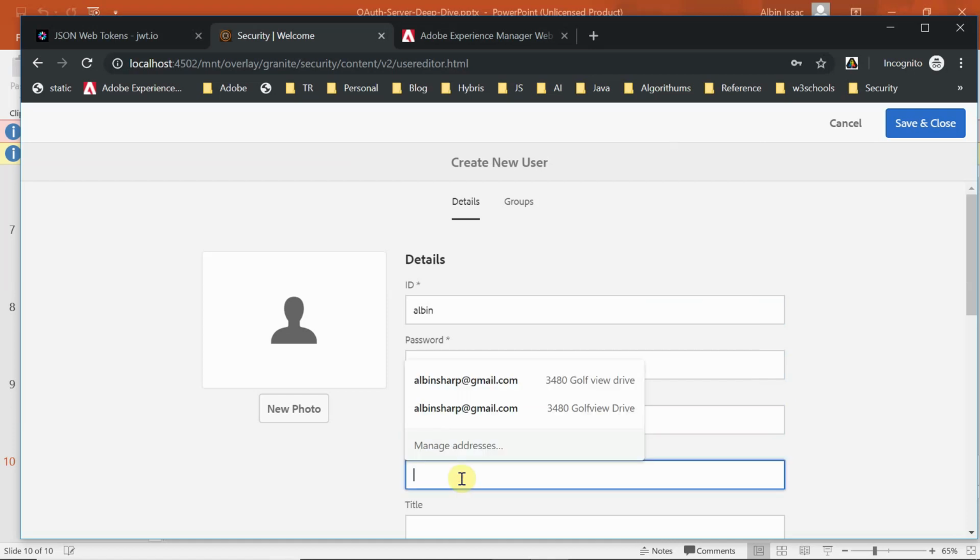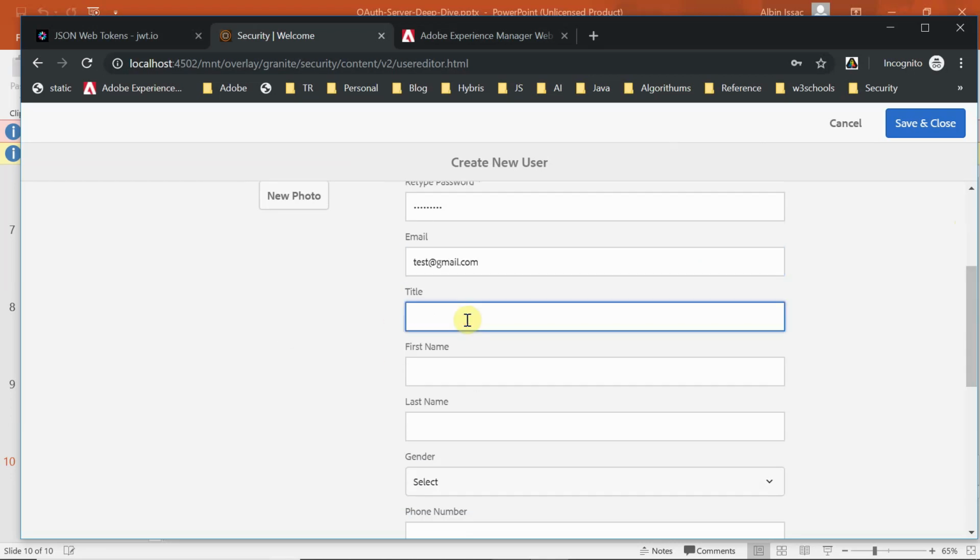Enter all the possible data, because we are going to retrieve the profile data, and it will help us in the demo.